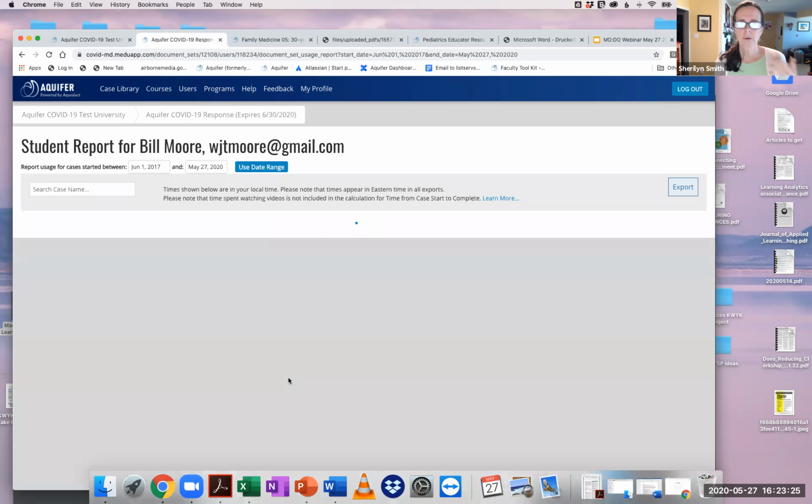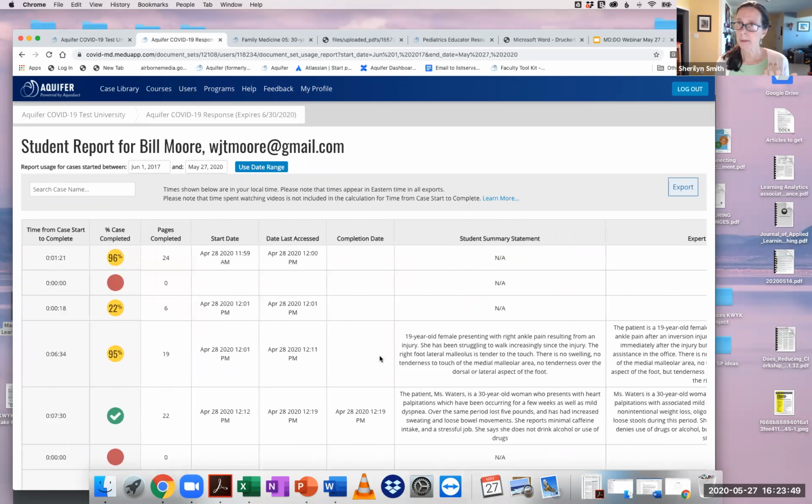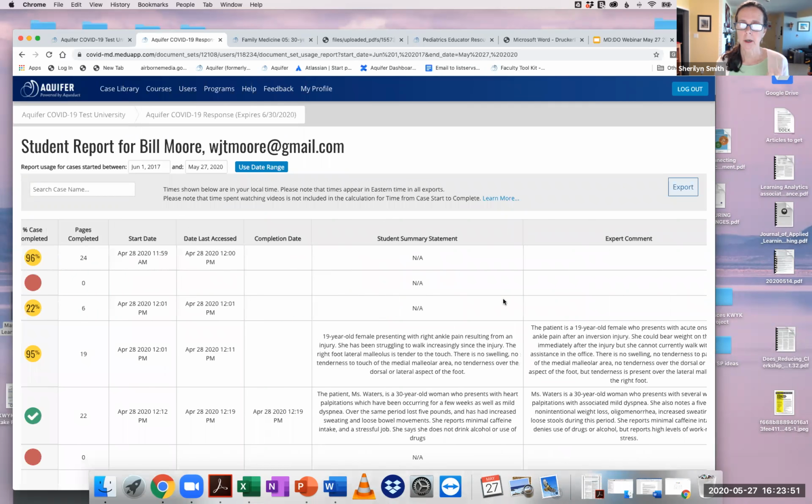If you go to an individual student like I just did and I clicked on, then you can see really how they're doing. And so you can see that this student is blasting through the cases, spending 6 or 7 minutes on for the longest time. So you can get an idea about how long it's taking them to work through the cases, when they started and stopped. And then one of my favorite things, again, going back to the summary statement right here, is that